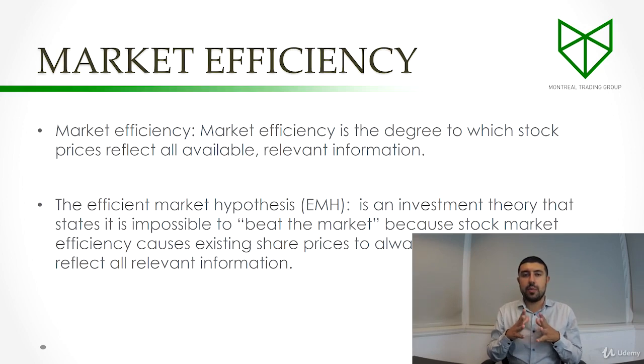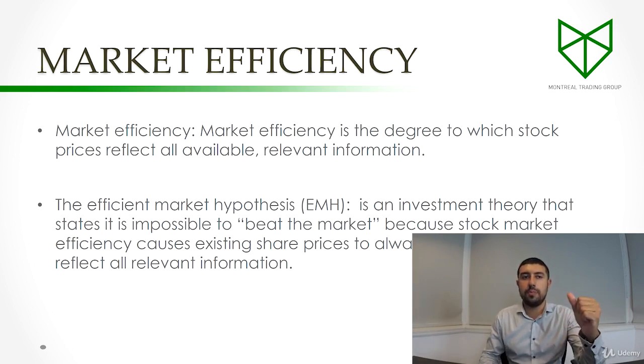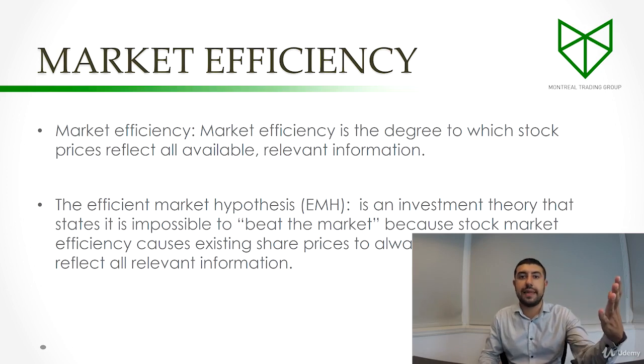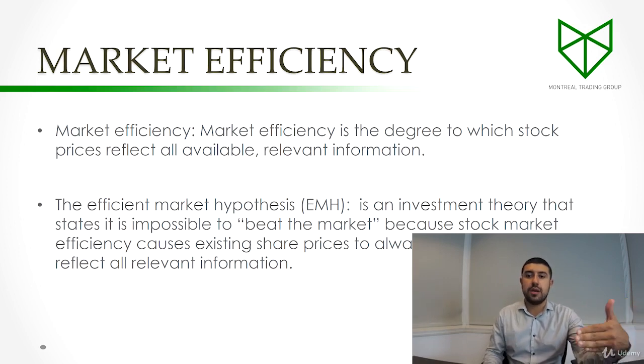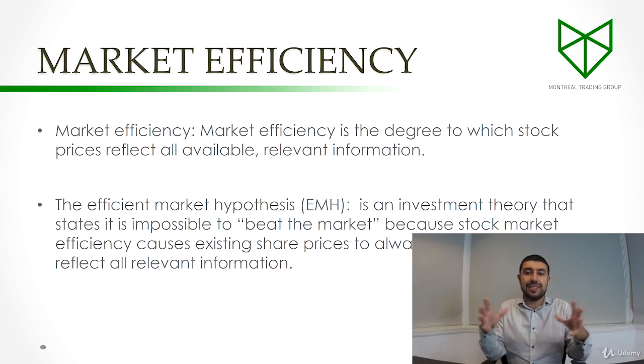So when somebody says the market is efficient, what they're saying is that the price includes the publicly available information. So if you come and tell me, you know what, I think Apple stock is going to go up because the new iPhone 10 came out, I might tell you, well, you're not the only one who knows about that. Everybody else knows that there's the iPhone 10, and everybody has already used that information to buy or sell, so that information is already included in the current price. So I don't need to look at that, okay? Because that information is already included.